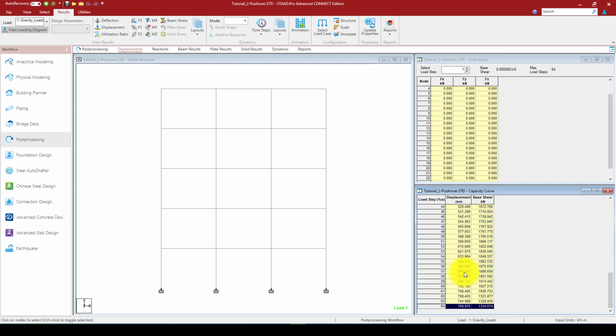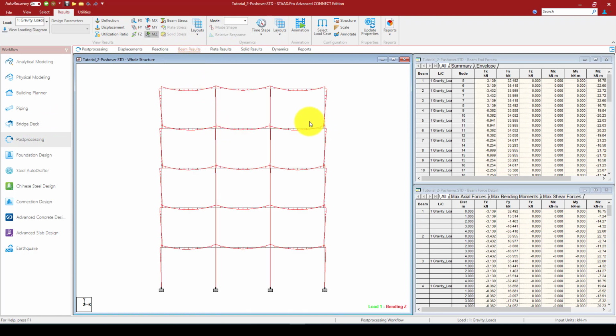You can copy this to an Excel sheet and manipulate it with other results or other software and see how it responds. We also can go back to the post-processing, or go to beam results as well, and from the gravity load we also